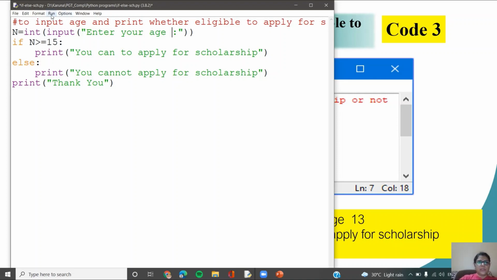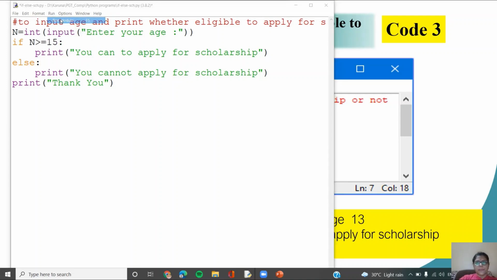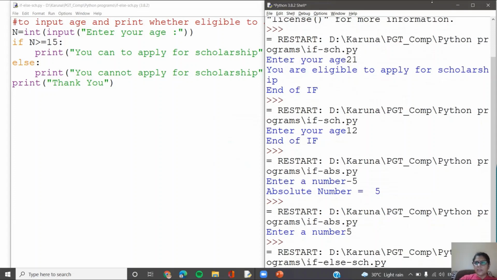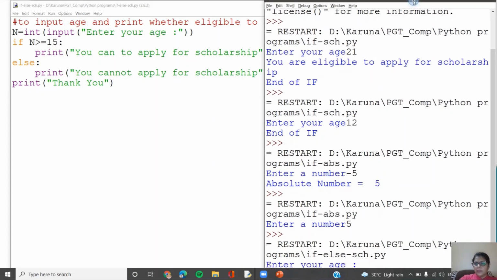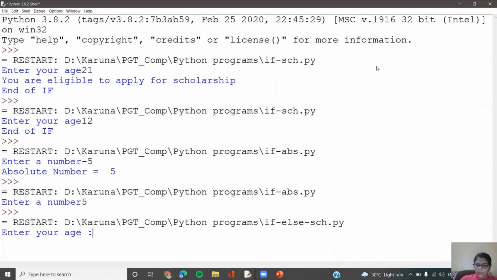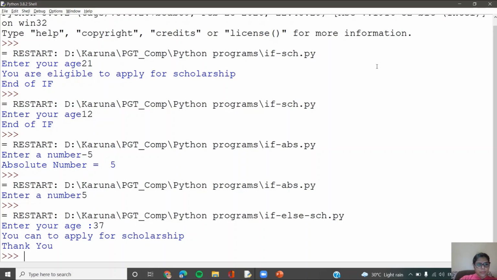Let us try executing the same. Must be saved. Okay, I made a small change. So it is asking me to enter your age. Let us say I put it as 37. So it says you can apply for the scholarship and the thank you message.